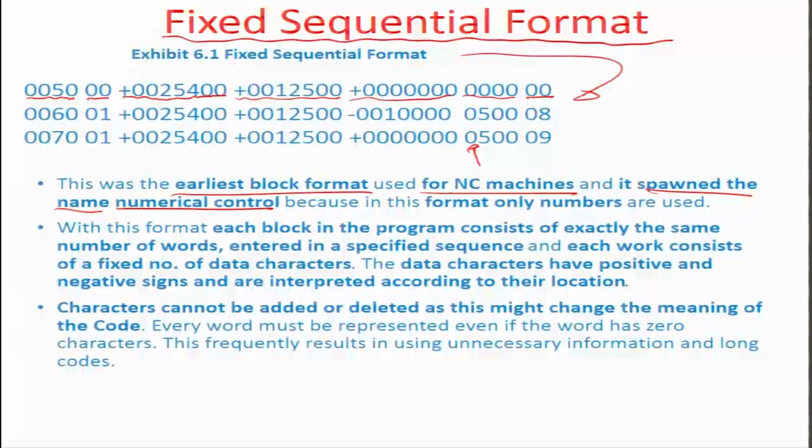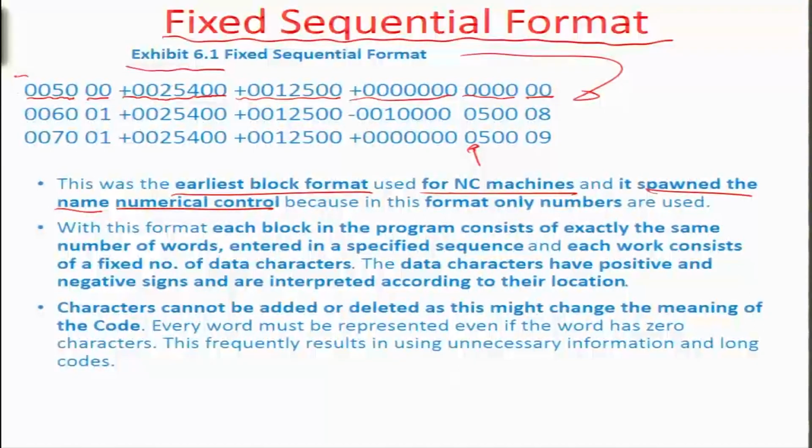Okay, you can think of this as a big table with different columns and rows, where the columns correspond to certain aspects of control related to the machine command, and the rows are again the sequence of some of these aspects which would carry out a certain machining operation. So one can see some very peculiar features of this exhibit, one of them being that each block,